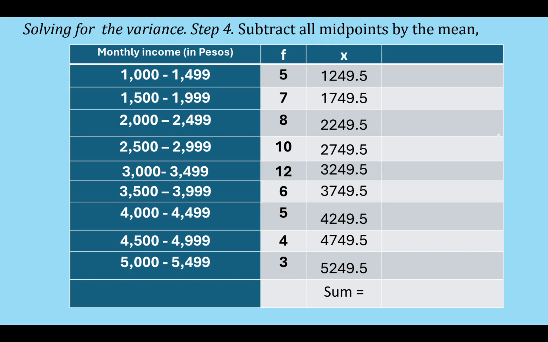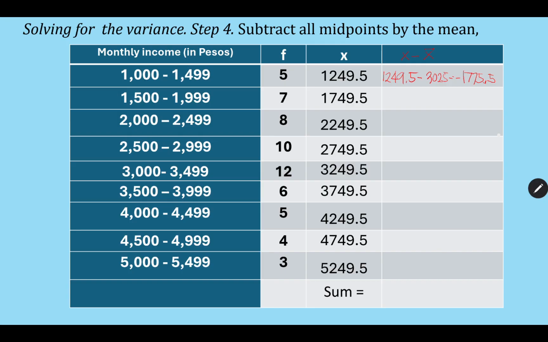Okay, so we have here now our columns, the frequency, and the midpoint x. So we're going to subtract 1,249.5 minus the mean of 3,025. Okay, so here we have the midpoint minus the mean. So it's now 1,249.5 minus the mean of 3,025, which gives us negative 1,775.5. Okay, so the next